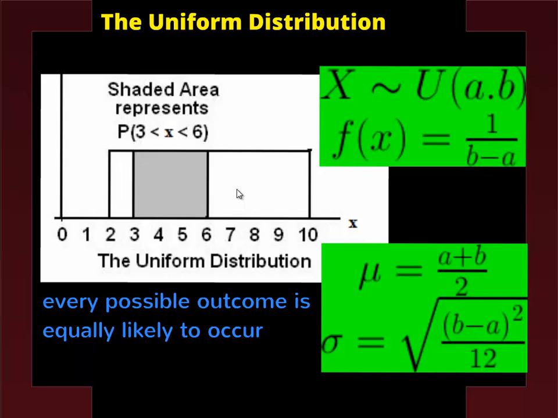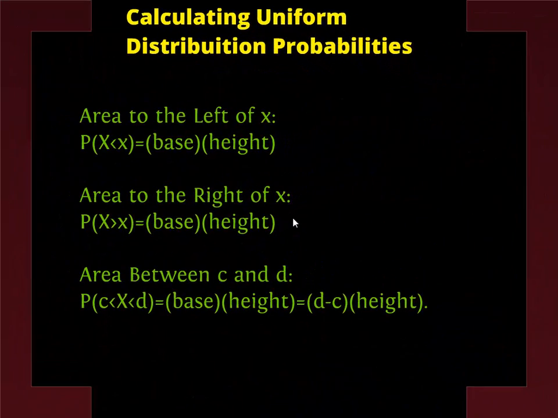Alright, this is the thing we're going to look at for this chapter. You don't need to know much more about it than that, but like I said, everything has the same exact chance of occurring. That's the big thing about this. That's why it makes a rectangle. The next one we're going to look at is